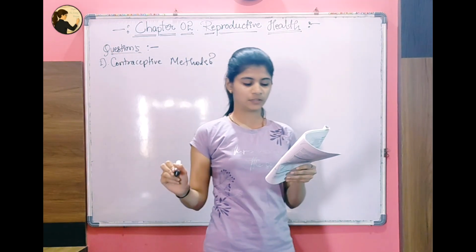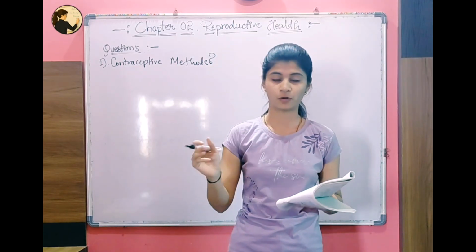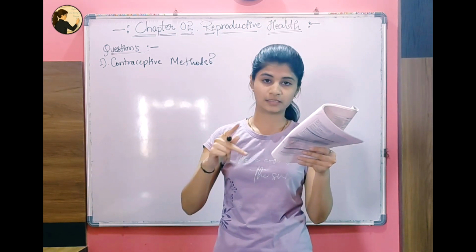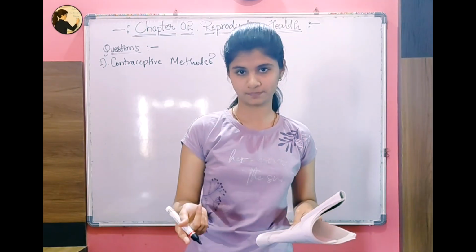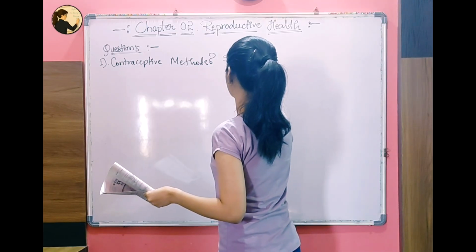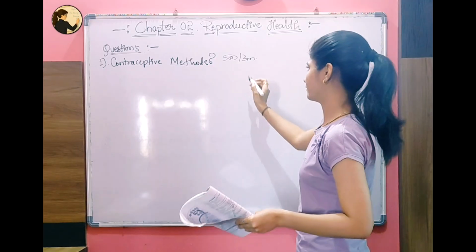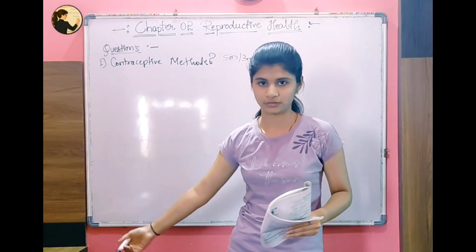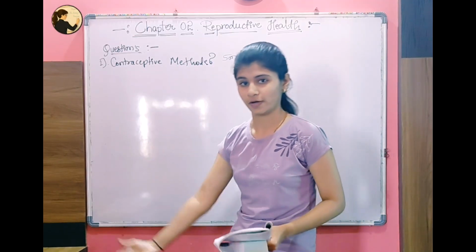What are the contraceptive methods? There are three main points in the answer: periodic abstinence, coitus interruptus, that is withdrawal in brackets, and the third one is lactational amenorrhea. This question might come for 3 or 5 marks, because 3 marks are definitely there. If it is for 5 marks, then you are going to write the definition of the contraceptive method,